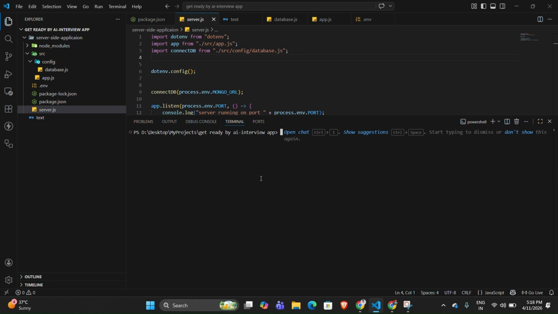Maybe your project will run successfully and MongoDB will be connected, but in my case it's not running because there is some internal error in my laptop, so I am not getting the solution. But this third solution may work on your system, and if not, maybe your project will already run with the previous two solutions that I gave you. So this is all about this video. If you are not getting the solution, don't worry, search more, don't give up, and keep coding.